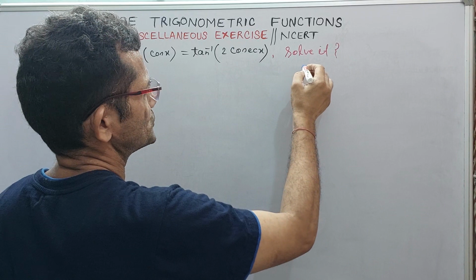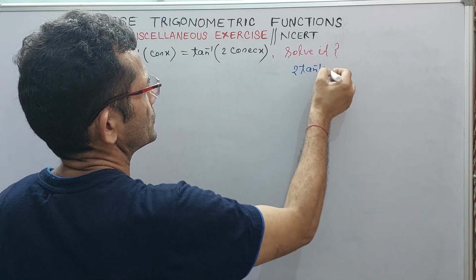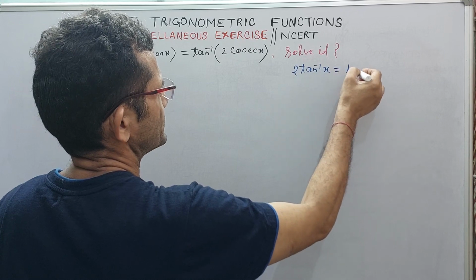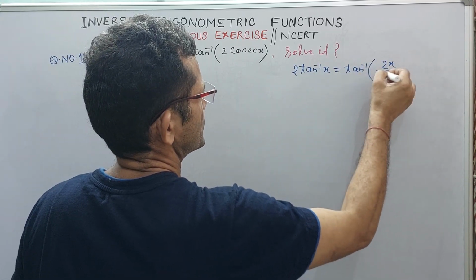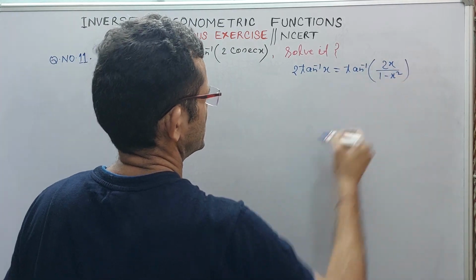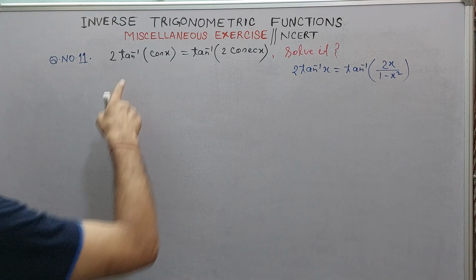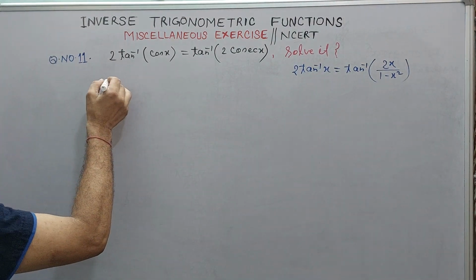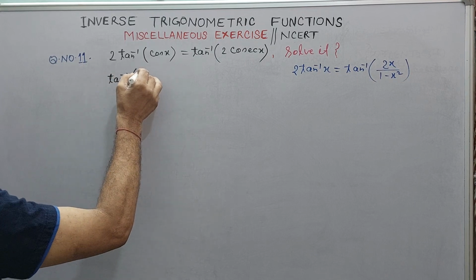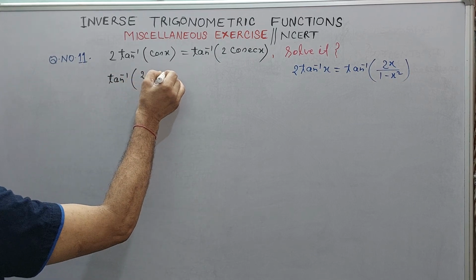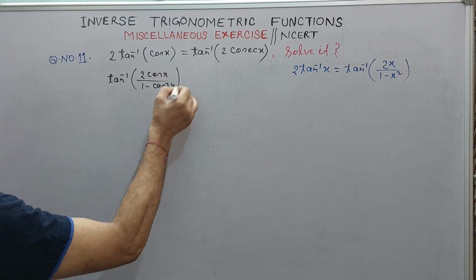Using the formula of 2 tan inverse x, 2 tan inverse x is equal to tan inverse of twice x upon 1 minus x square. We will use this here. So now 2 tan inverse, using this expression, tan inverse 2 cos x divided by 1 minus cos square x is equal to